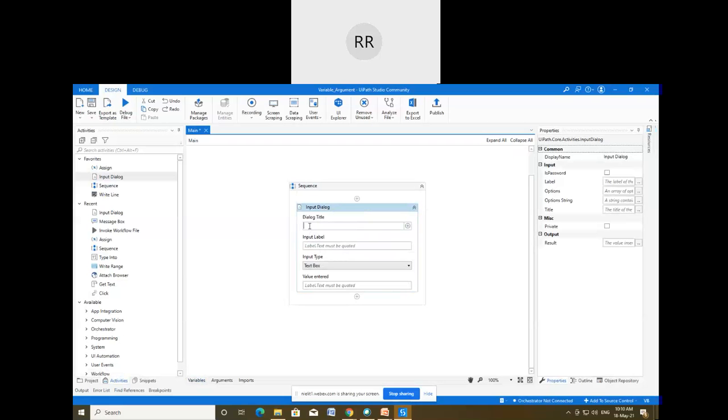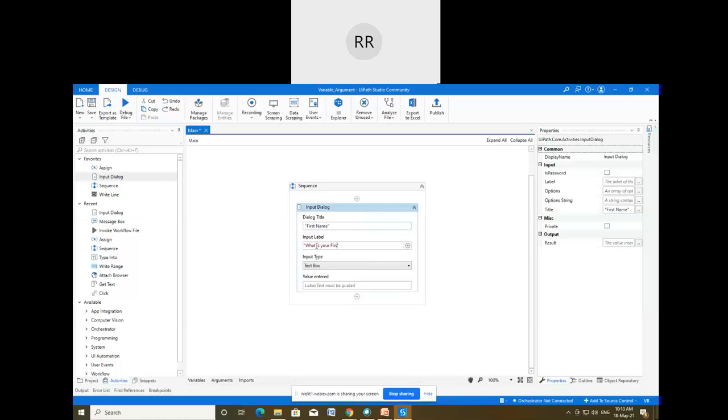So the dialog title will be first name, that means I am asking about the first name of the user, and the input label, that is the question that you want to ask the user, will be: What is your first name?